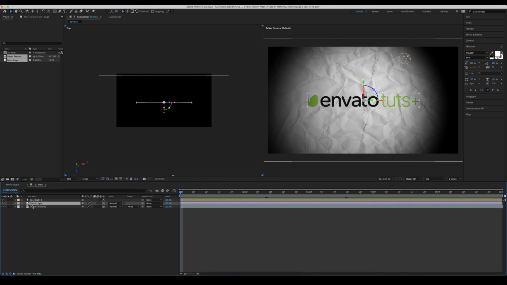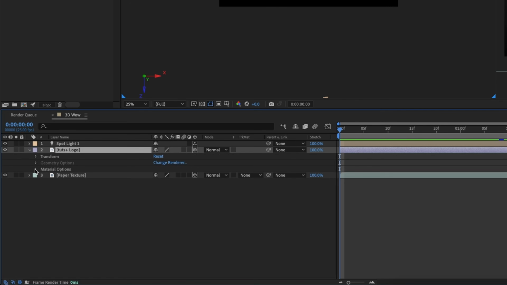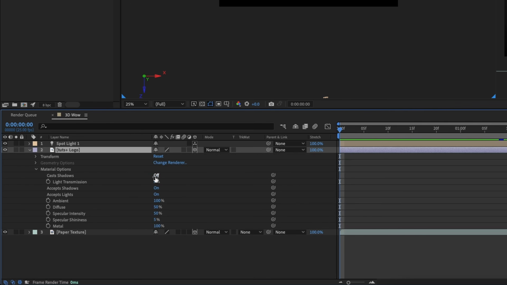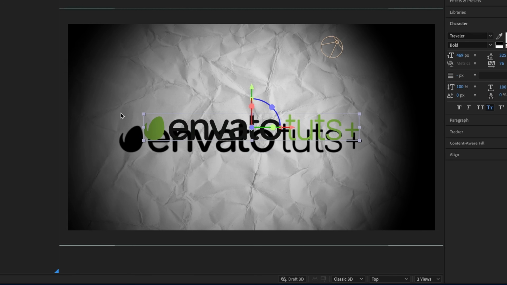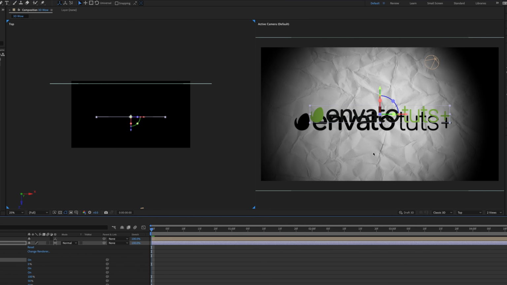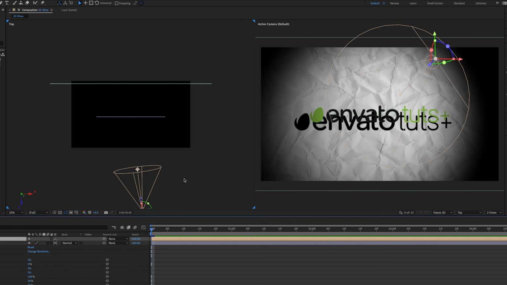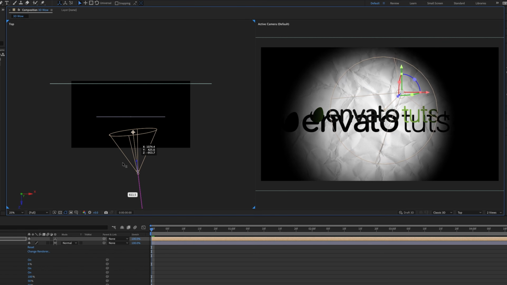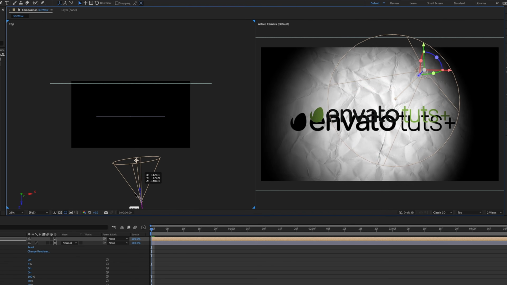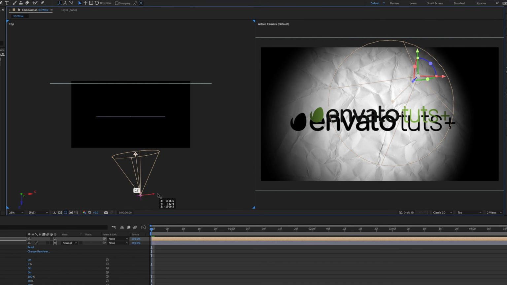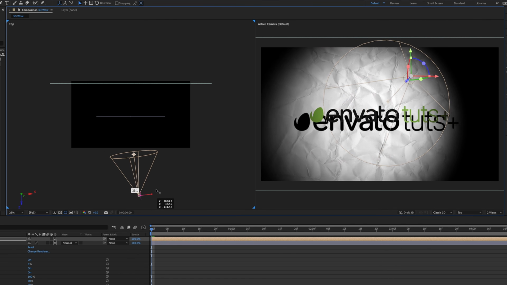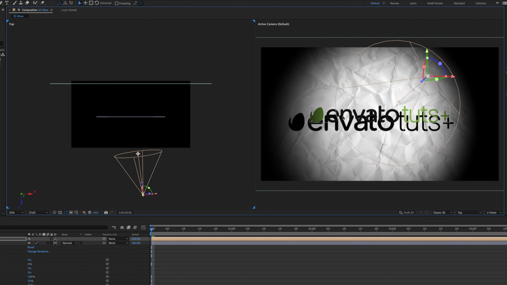OK. Clicking on our Tuts Plus logo here, if we go down into those material options that we mentioned before and click cast shadows, turn that on, basically that's going to let our logo in 3D space cast shadows onto whatever 3D object is behind it. In this case, it's our paper background. Now, if I click back into the light and start to move the light around, you'll see that the shadow parallaxes the same way a normal shadow would. If you move a light closer to or further from or left or right, it's going to create a parallax because this logo is sitting in the middle of our space, and then our background is sitting further back in